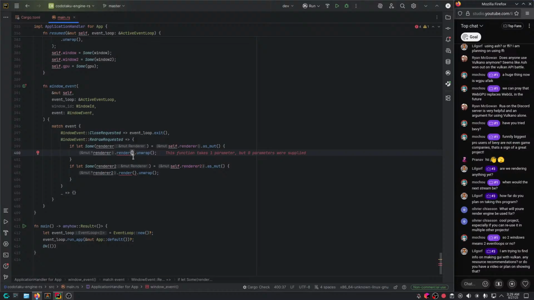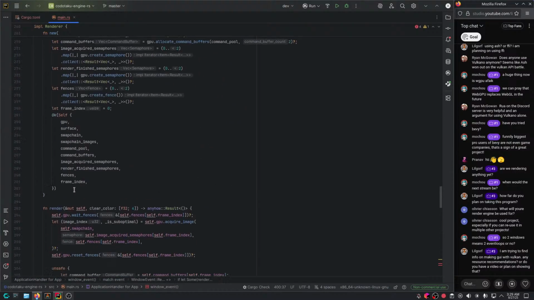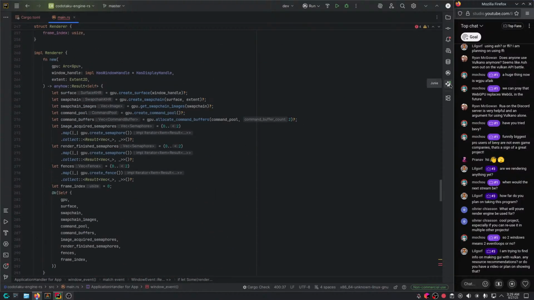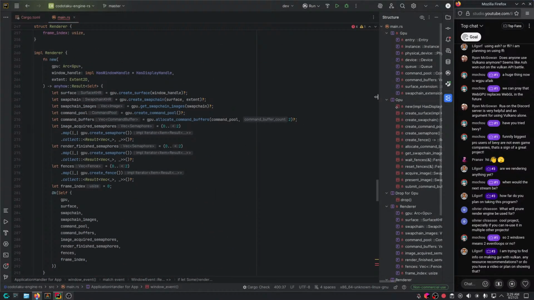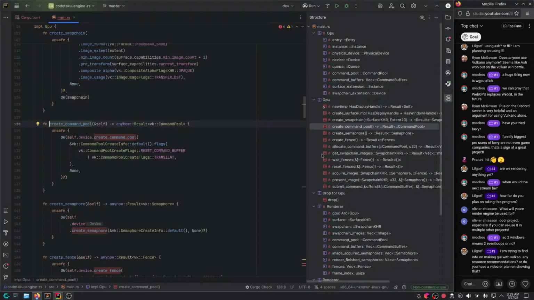At first, we're gonna make this into a little abstraction, so we don't have to care every time about every single little detail about Vulkan. Here we made this little GPU abstraction that has some helper functions, right? So for example, let's say you want to create a command pool.